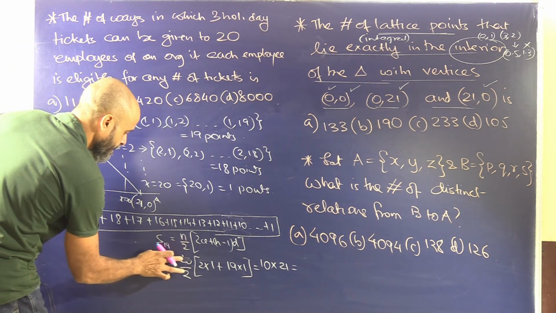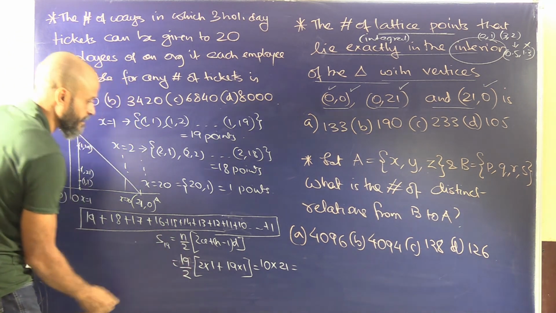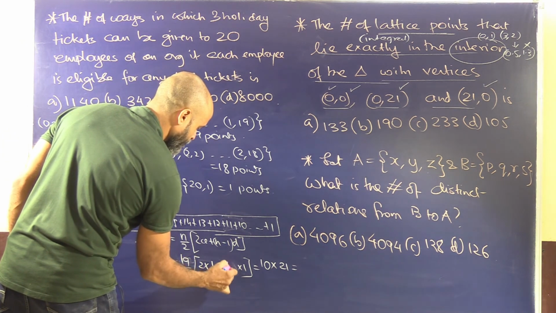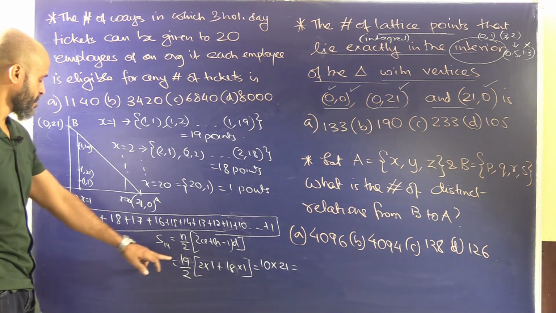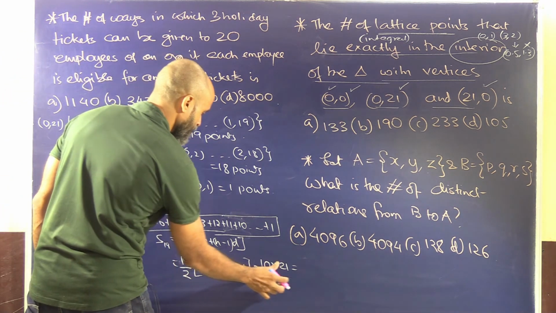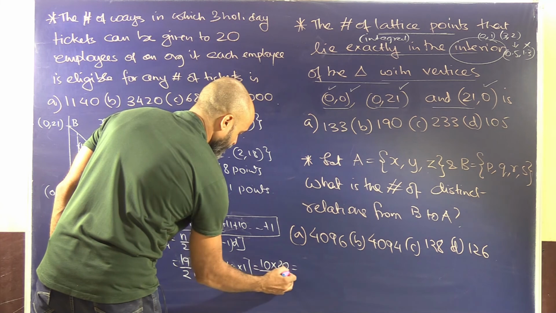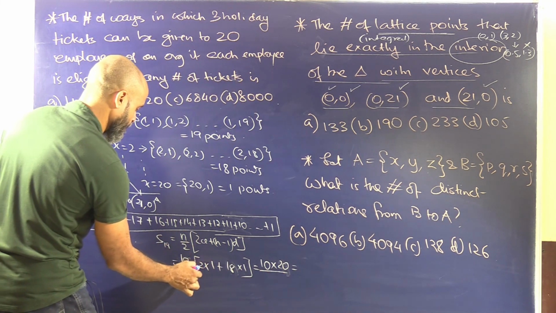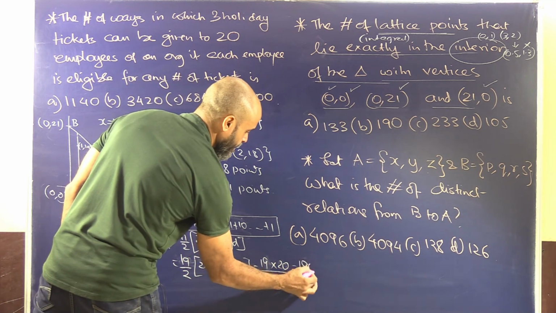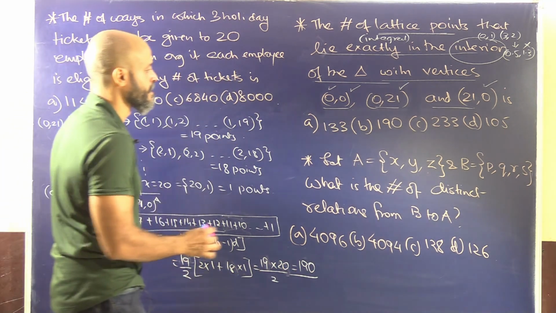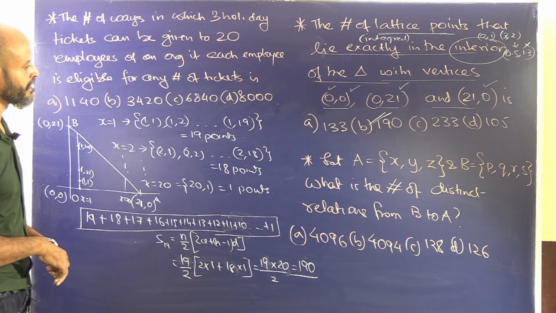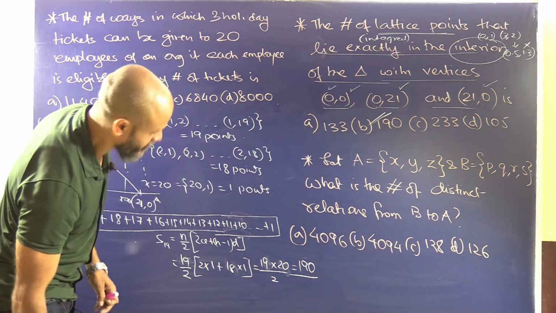So we will have 19 terms here. Yes, I am sorry. So this will be 19 by 2 into (2 into 1 plus 18 into 1). 2 plus 18 will be 20, and this is 19 by 2. So this will be 190. Yes, this is correct. Okay, so this is basically 190. Oh, we hardly have any place left here, so let's rub this off.